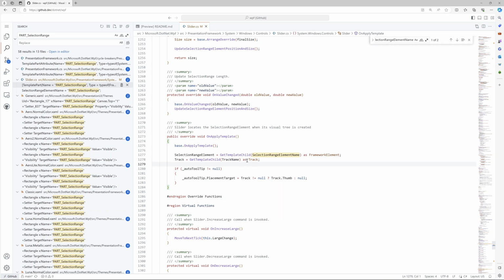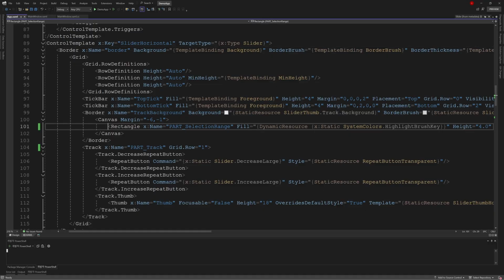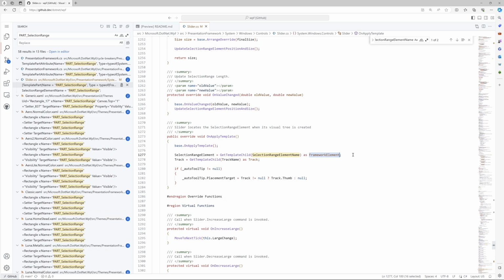Then the track transforms the object into a Track, but the selection range element is slightly different. I'm not sure if everyone remembers, but as we just saw in Visual Studio Code, it was clearly a Rectangle, but here it receives a FrameworkElement. Of course, we could directly write it as a Rectangle, but in doing so, we would be limited to using rectangles exclusively. However, we might also want to use a Border or a Grid, etc. And they all inherit from FrameworkElement. So that's why a more general superclass was specified for use here.